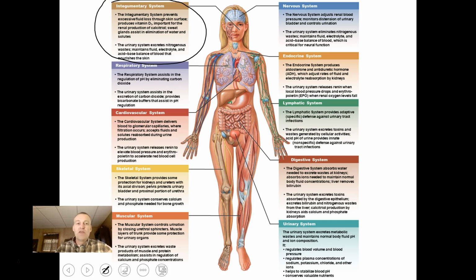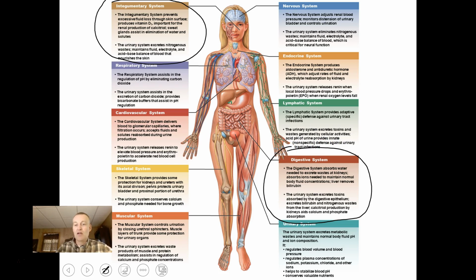Well, the integumentary system does produce precursors of vitamin D that the kidneys will further refine and make into calcitriol, which is the active form of vitamin D. So they work together to maintain calcium homeostasis. So calcitriol made by the kidneys is going to tell the digestive system to increase its